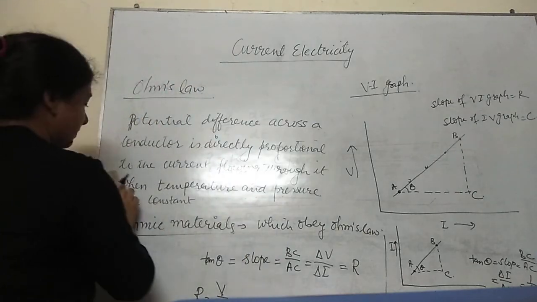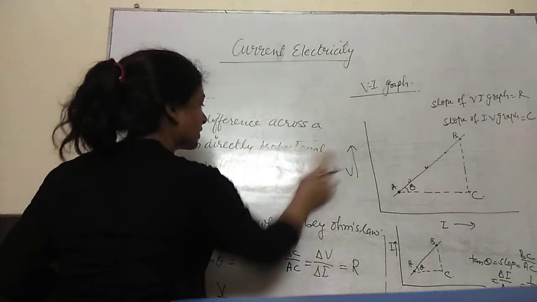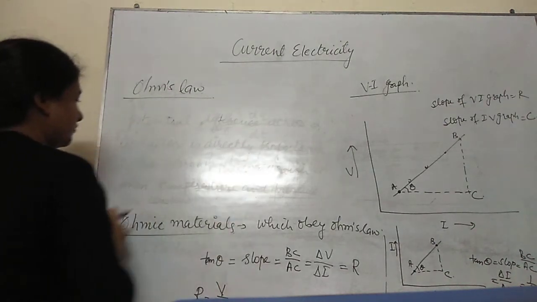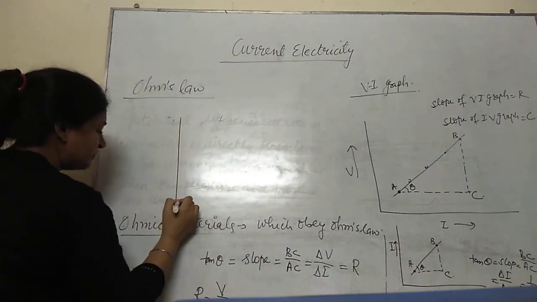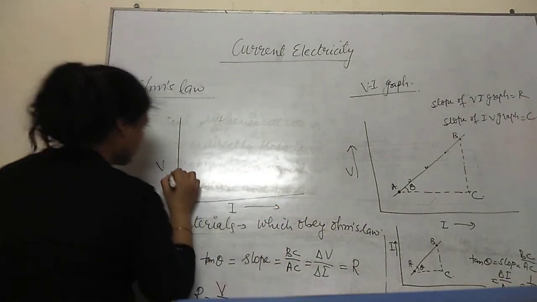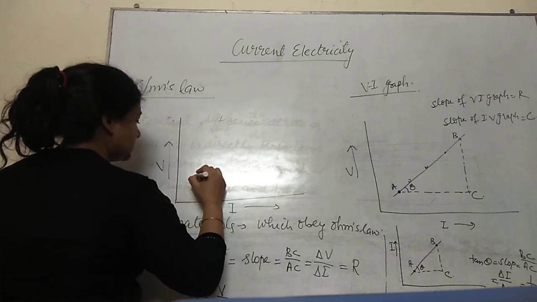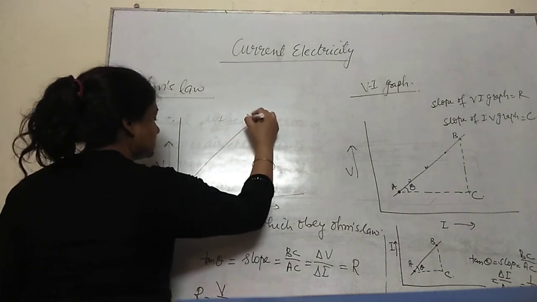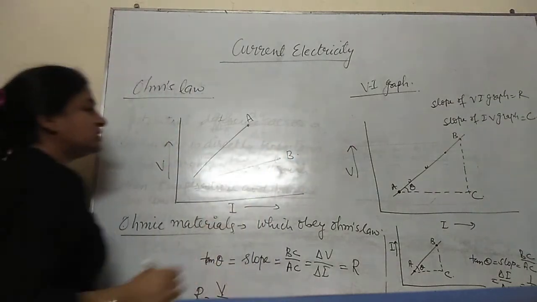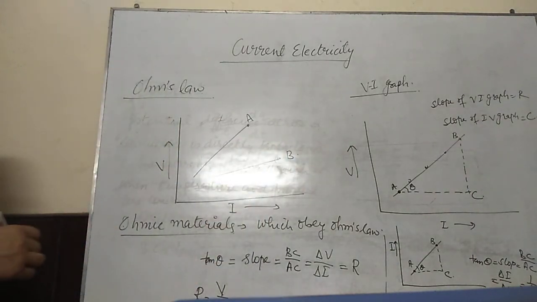Let us consider one example. For example, you may be given this question. Suppose this is a VI graph, and you may be given that this is a graph for material A and this is a graph for material B. Now it is very much clear from this